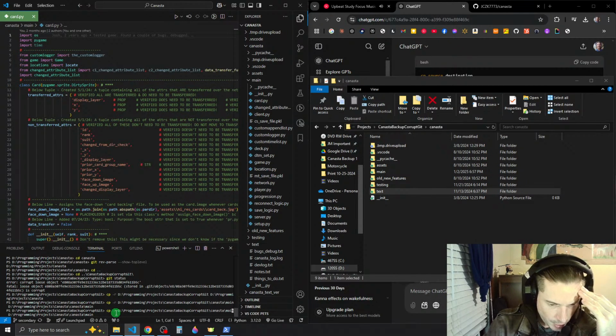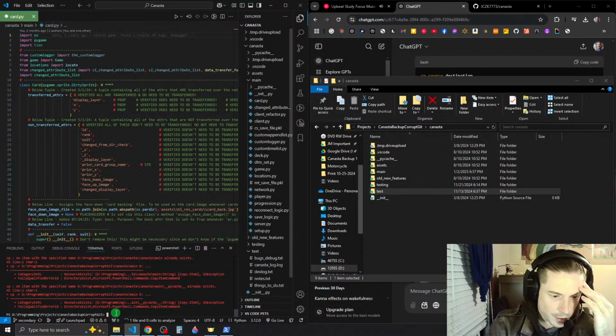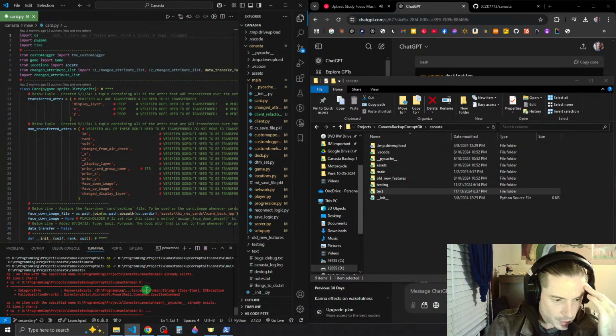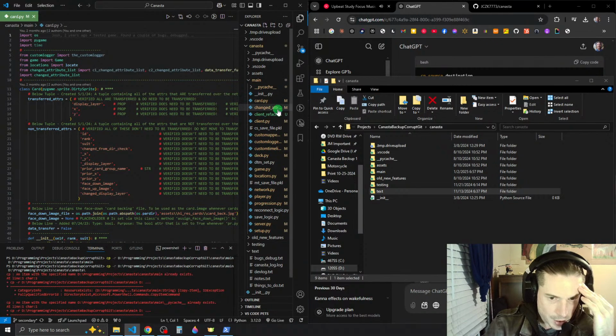I don't understand. Why does it put it inside of main? Okay, I understand, I think. An item with the specified name already exists. Okay, that's fine. So it still did what it was supposed to do though, right?